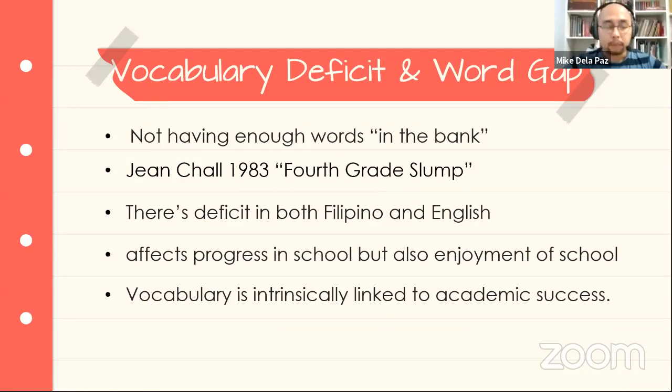Lalo na if you're working in a public school, mahirap kasi talaga mag-retain ng estudyante kahit you know na hindi pa siya ready. Minsan napapasa na lang natin for mass promotion. Those are realities. So therefore, we have to make sure we work on this together. If you're in a school, 4th grade slump, bago pa sila dumating ng 4th grade, na-identify nyo na sino yung mga nahihirapan. Now, take note, teachers, that vocabulary deficit, even if we're talking primarily about English,